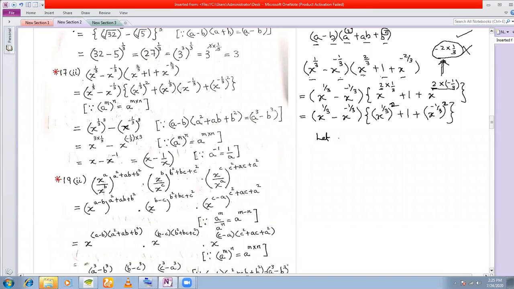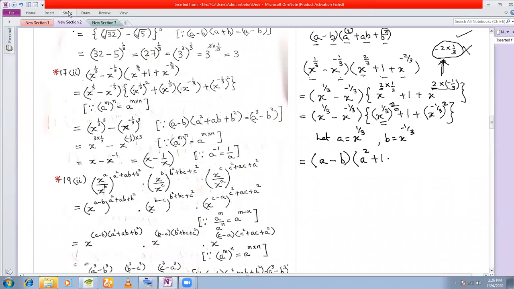Let a be equal to x to the power of 1/3 and b be equal to x to the power of minus 1/3. Now look what happens. This expression, what it becomes. X to the power of 1/3 I have taken as a, x to the power of minus 1/3 I have taken as b. X to the power of 1/3 is raised to the power 2, so this becomes a square plus 1,